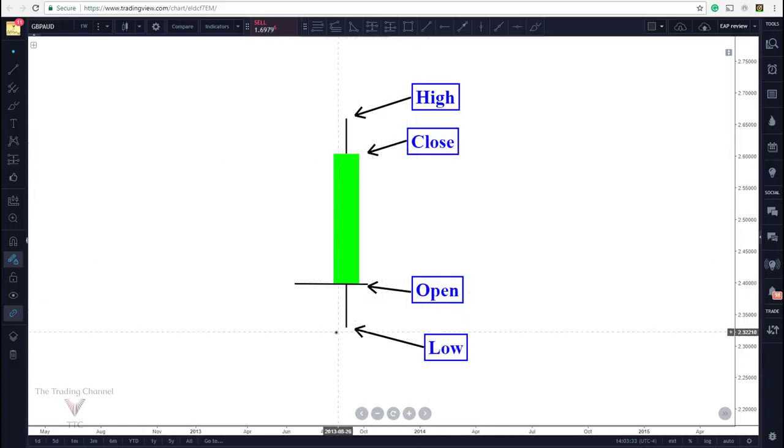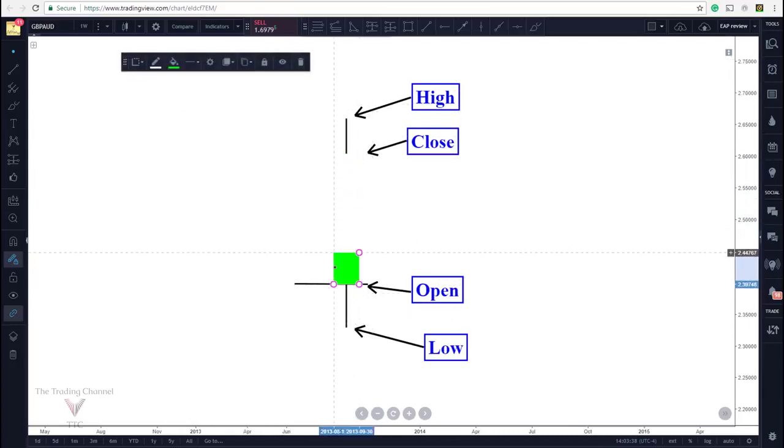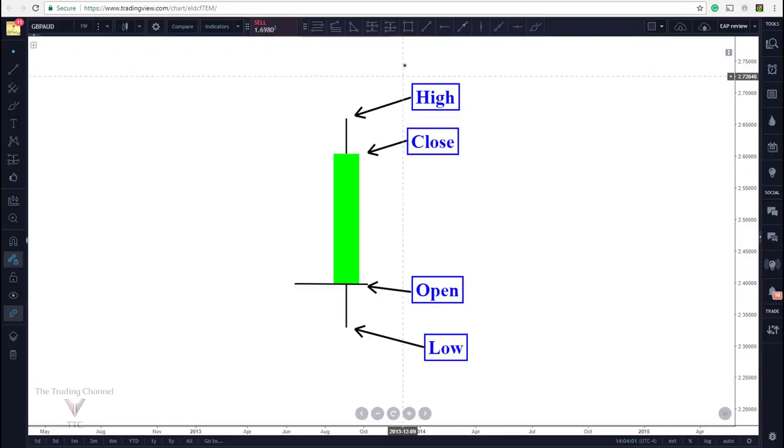The shadows and the wicks represent where price action went. So in this case, we would have had a candle that started here at the open, pushed down to the low, then back up, and then past our close to the high of the candle, creating that wick, and then back down and closing at the end of whatever time frame you're looking at to create the close of the